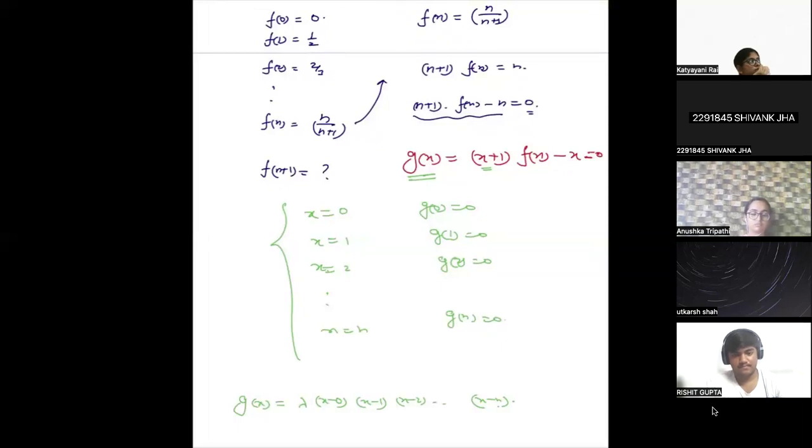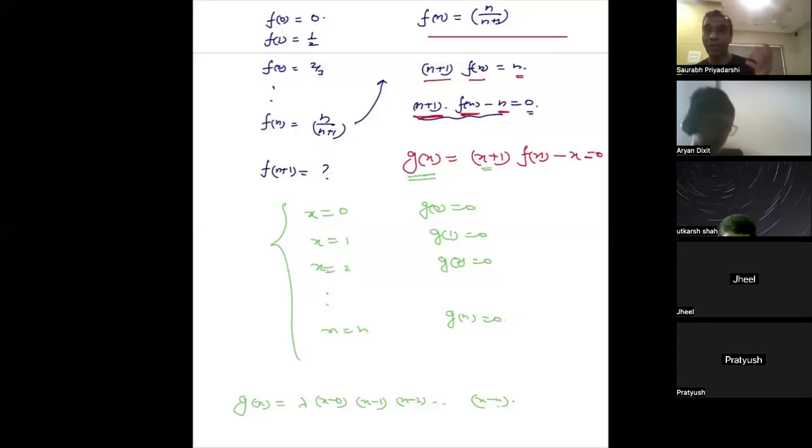See, for any n, f(n) was given as n by n plus 1. So now what I am saying, if I rewrite this, (n plus 1) into f(n) is equal to n, or (n plus 1) into f(n) minus n is equal to 0. So why am I writing in this form? Sir, why are you not writing f(n) minus n by n plus 1? See, if you write f(n) is equal to n by n plus 1, then this g(x)